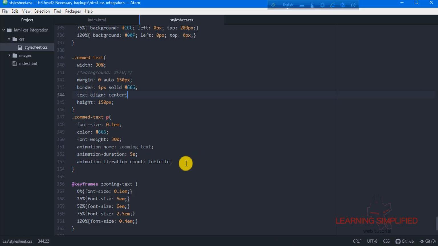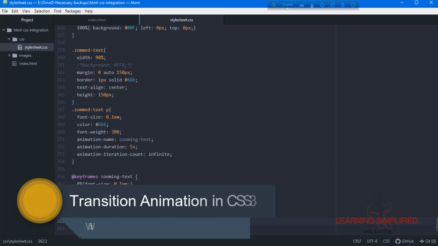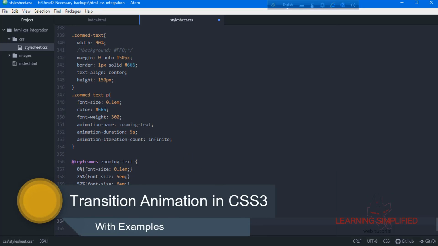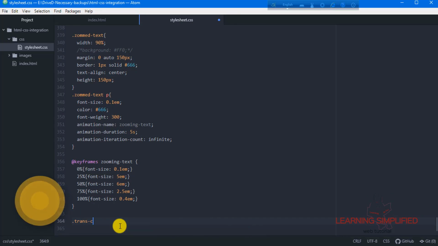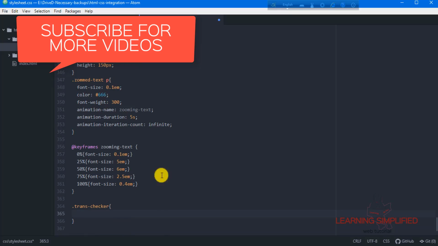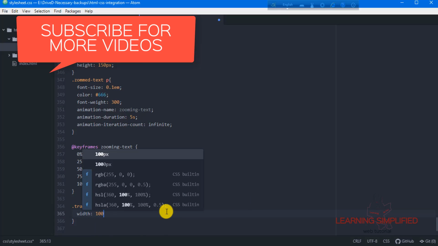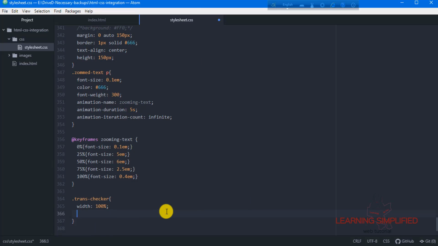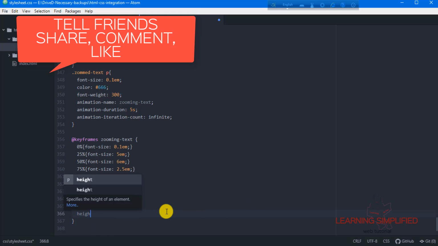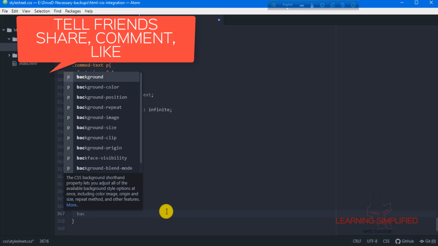Let's get back to our project, and here we will be creating this particular holder name over here, which is known as trans checker. We will be providing a width of 100%. Now a height of 300 pixels will be good. A background